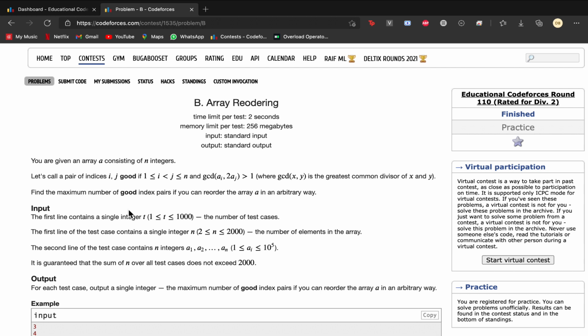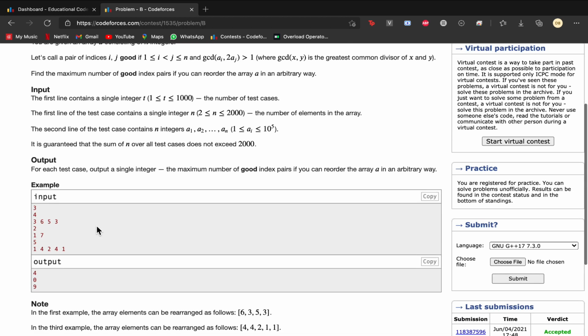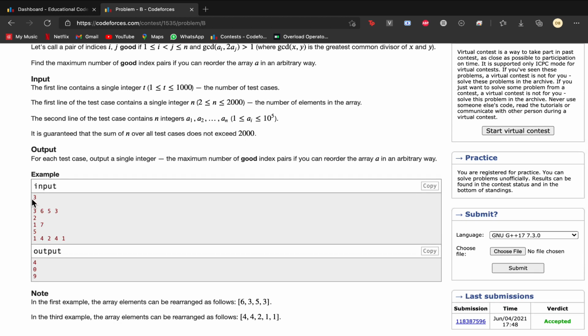So GCD is the greatest common divisor, and we need to find the maximum number of good index pairs if we can reorder the array in an arbitrary way. So we are allowed to reorder the array in any order, and we need to find the maximum number of good index pairs in that order. Basically we will be given the number of tests we need to run, the number of elements in each array for each test, and the elements themselves.